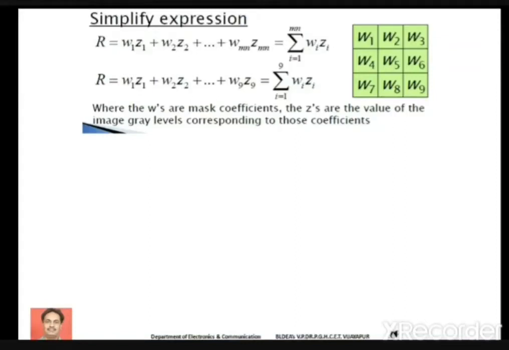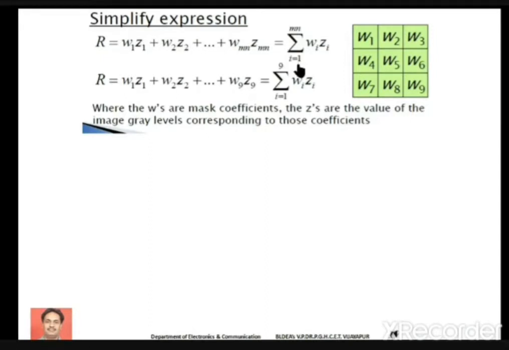The spatial filtering can be carried out by multiplying the filter mask values and the overlapped image pixels, right? Remember, for spatial filtering purposes, we require a mask or filter window. Say for example, if you have a 3 by 3 mask with values W1, W2, W3 up to W9, these values might be overlapped with some of the pixels of the image, say Z1, Z2, Z3, like that up to Z9. So to get the response of the filter, we use this formula,